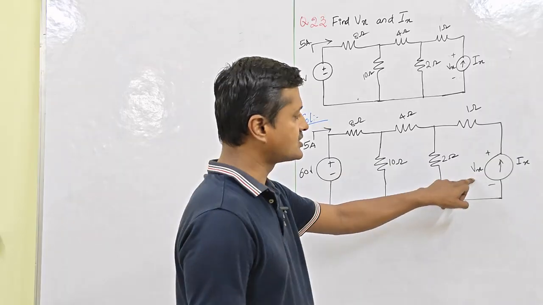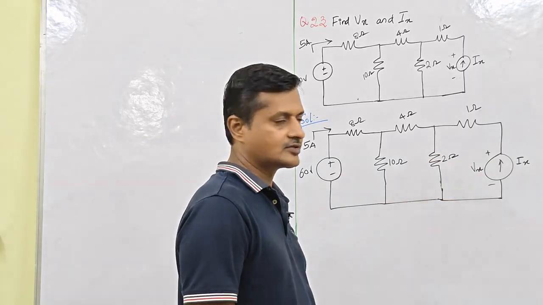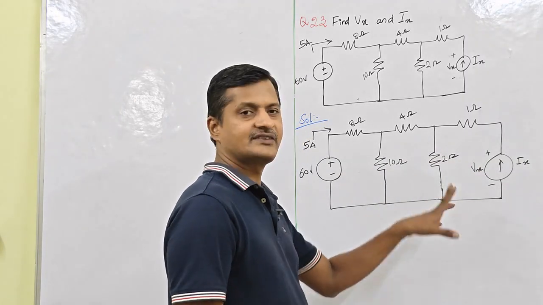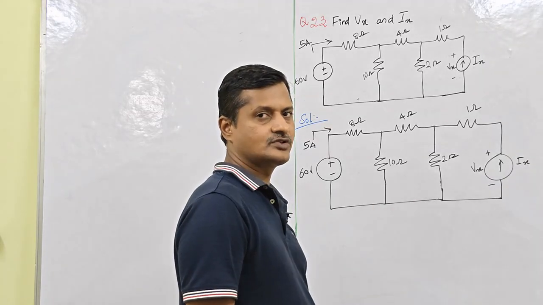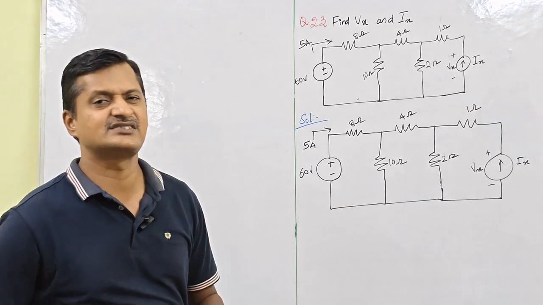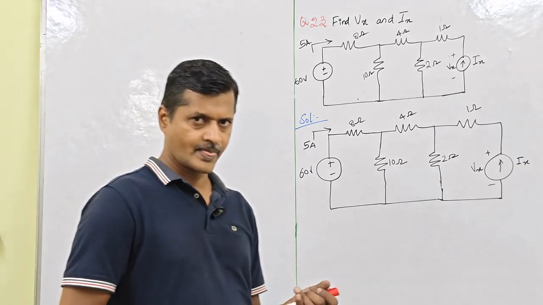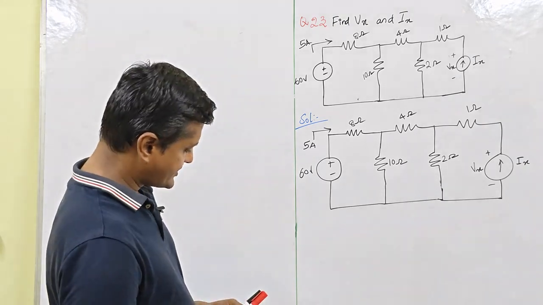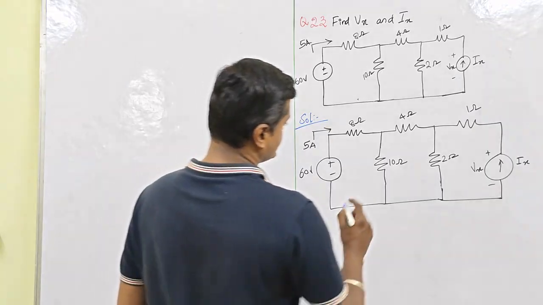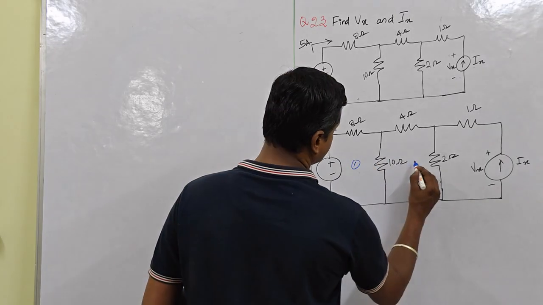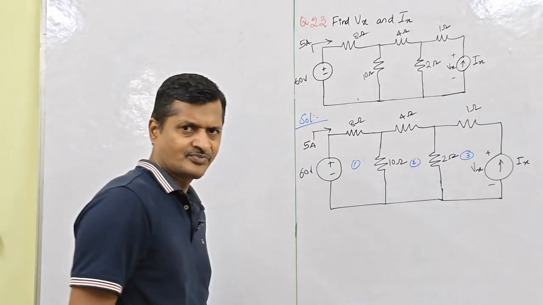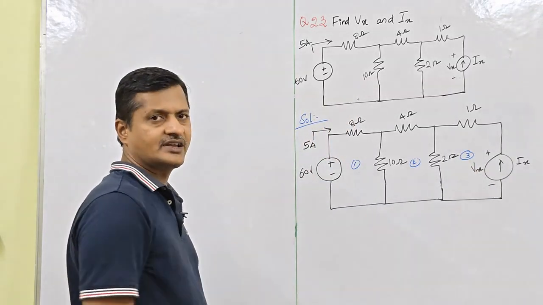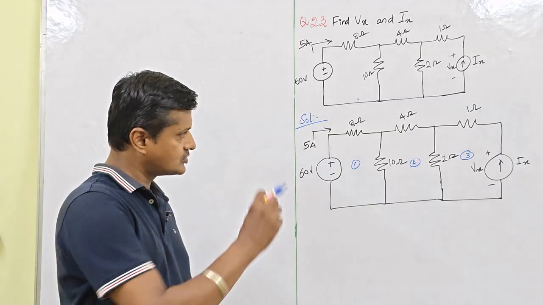So to find Vx, we have to apply Kirchhoff's voltage law. Here, Kirchhoff's voltage law as well as Kirchhoff's current law, we have to apply both to find the value. There are 3 loops in total. So we can take this as loop 1, loop 2 and loop 3. For these 3 loops we have to apply Kirchhoff's voltage law, and also we have